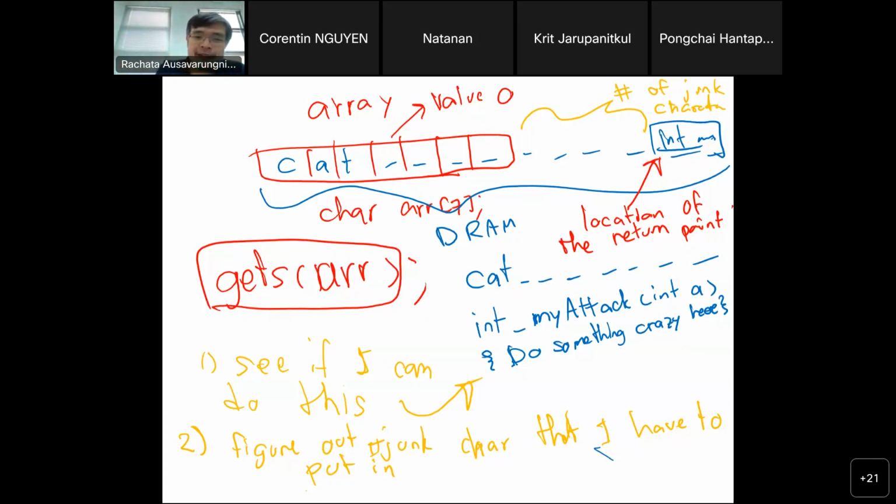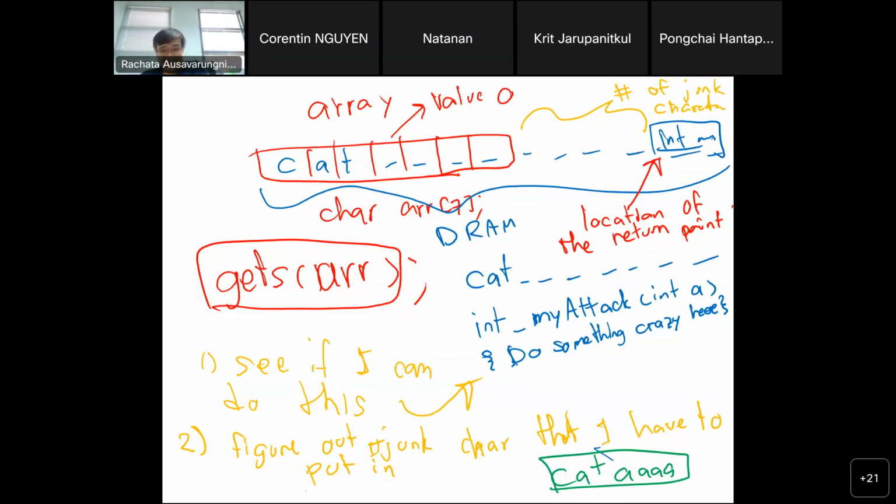Another thing I can ask you: what if I have ARR of 7, right? But then here's my input, cat a. So I get S, and this is my input. What happened? If I want to print this string afterward, I want to print out ARR, it will print CATAAA, and how can I tell that's the end?